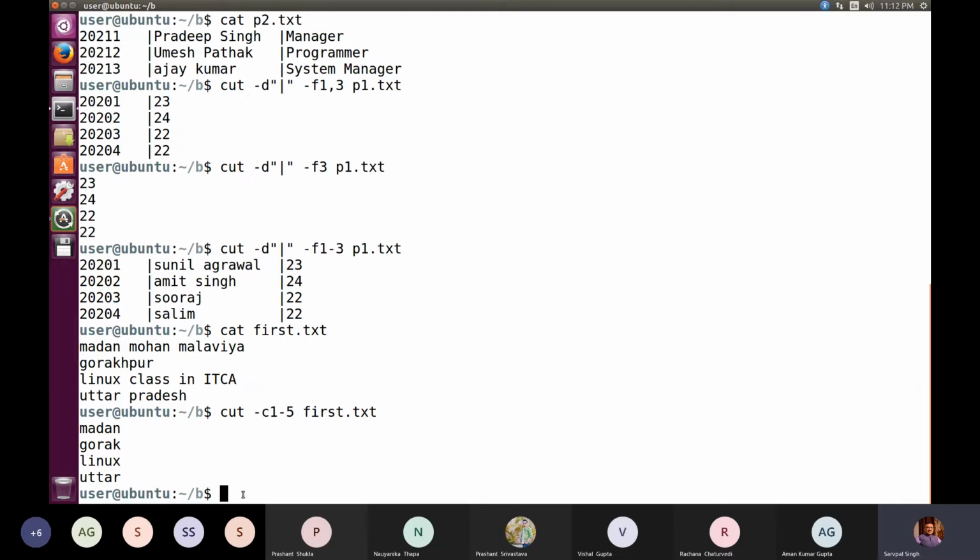We have made the combination of head and tail along with the pipeline symbol. There we were using the pipeline symbol as a meta character on the command line just to combine two commands together. And we have seen that when we make use of head and tail both in a combined way, we were able to select a certain range of lines.